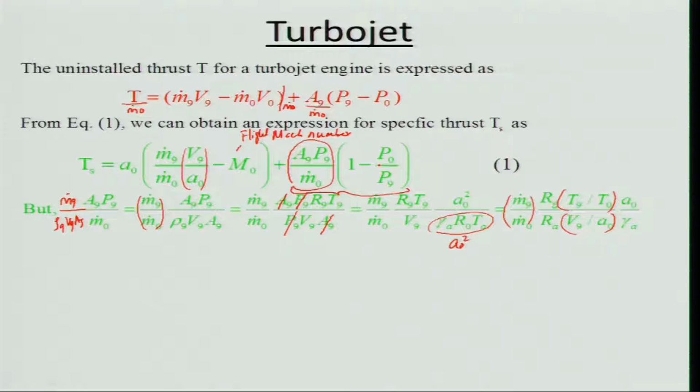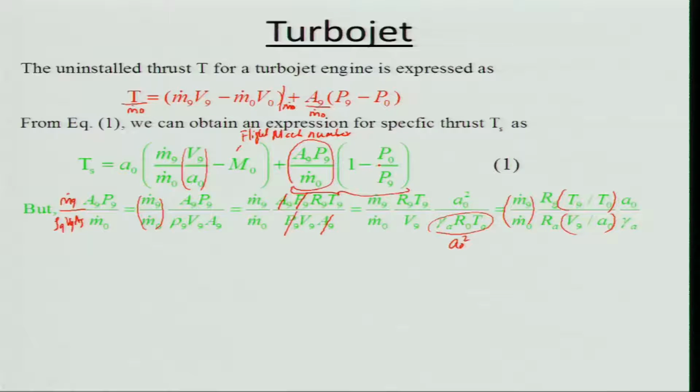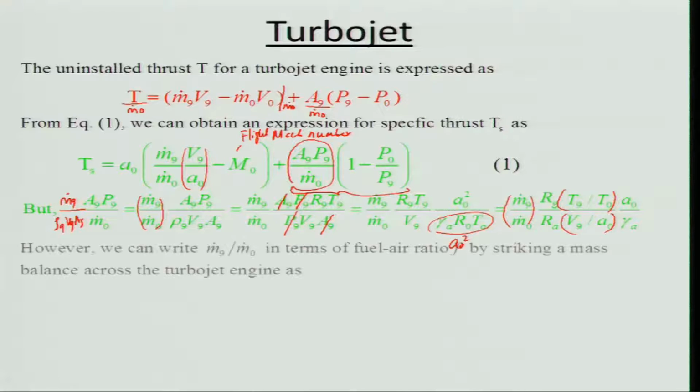because here it is a rubber engine, where we have not yet decided the dimensions. Therefore, A 9 may not be available to you, but however, we can carry out an analysis. In the preliminary analysis we call it off-design analysis, because we have not designed yet, and later on we can do the on-design analysis. Of course, that is not a part of your course, but it can be done similarly.